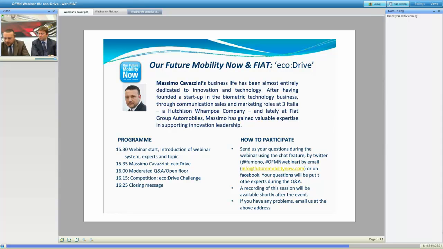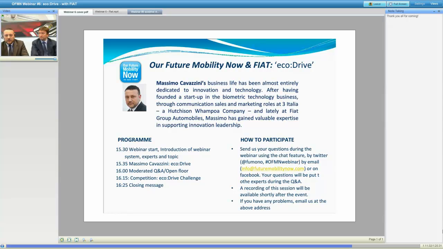So question number 6. Did you also notice gender differences in the EcoDrive results? So this is part of what we are analyzing at this moment. The current study that will probably be released in a new white paper during this year will show some differences. We are still not in the position to, let's say, disclose those data, but what we can say is that